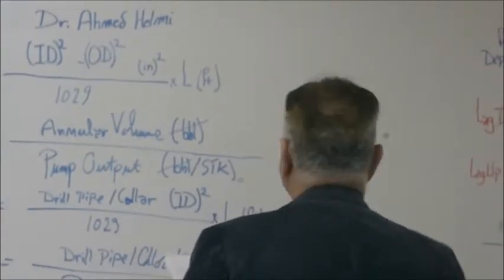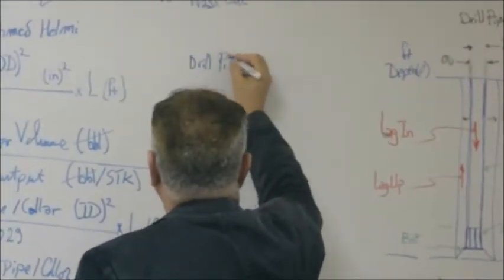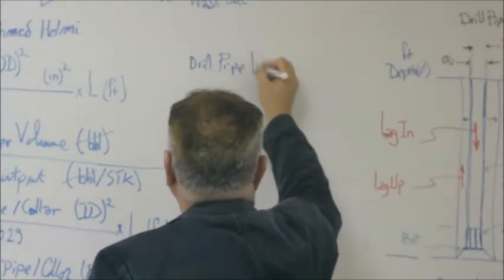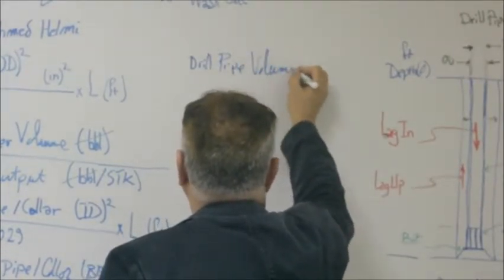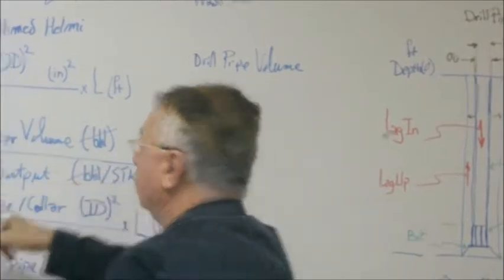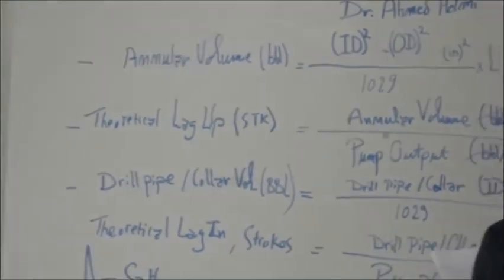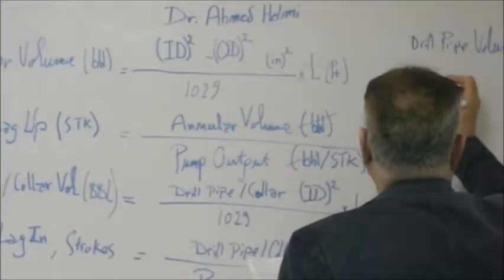We'll take the drill pipe volume. It equals the ID squared of the drill pipe